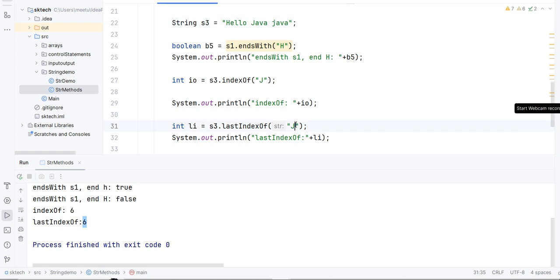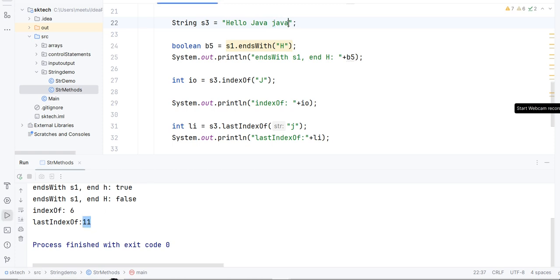So let us see if we provide a small j. What is it going to print? Yeah, so if you can see, this is the small j we have provided, right? So it is going to search the whole string one by one. It found that j, but this j and this j are different. It is not matching, so it is going to search again, and it found it at this position, right? 6 is here, so 7, 8, 9, 10, and on the 11th position, that's why it is printing 11.